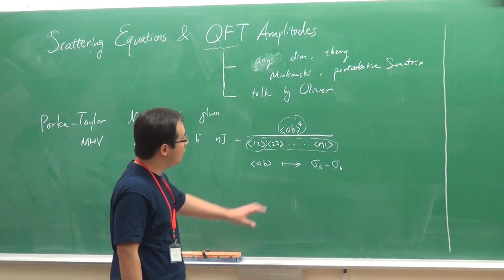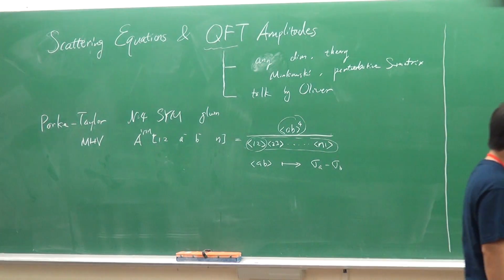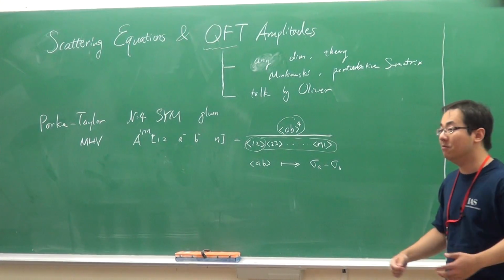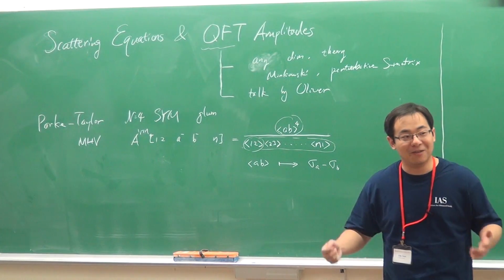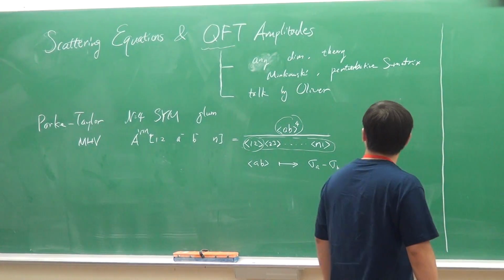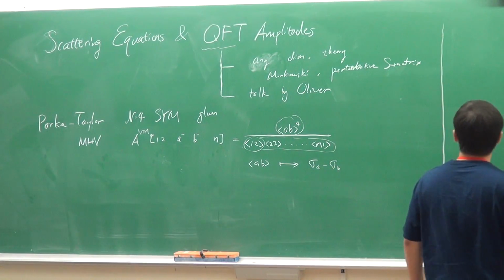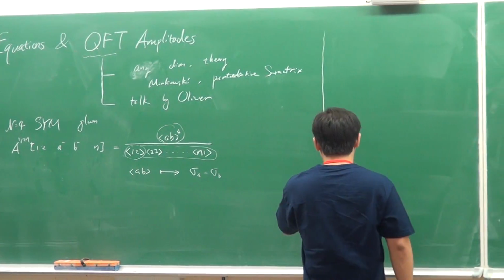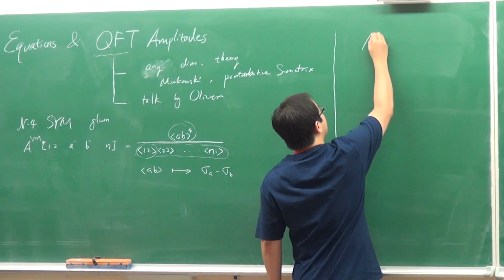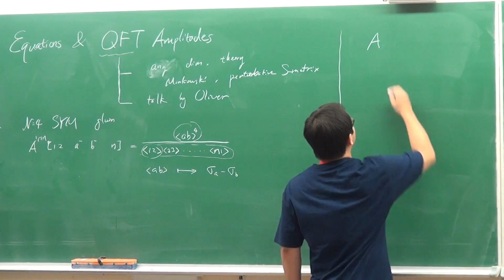But to let you appreciate why I do this, let's go back to review a little bit about many interesting relations that people have loved a lot over the years in Yang-Mills scattering. They fall into several types. So you already know that if we are studying the n-gluon amplitude,